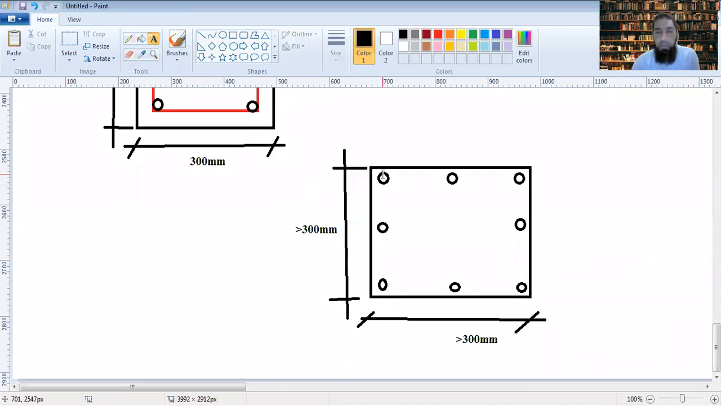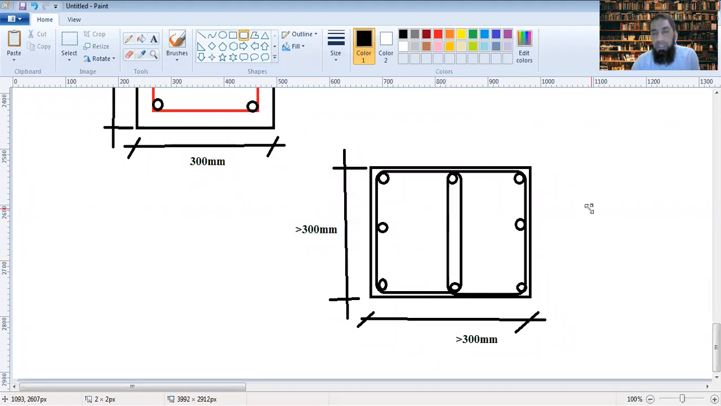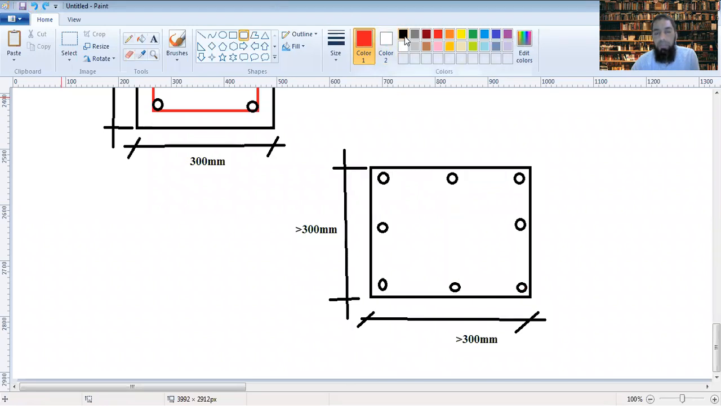Now, how do we provide the cross ties in this case, or the rings in this case? Either we can do like this. This is one form of doing it. You are providing 2 separate rings, this one and this one, and they're overlapping over the middle one. Either you do this, or what we do is that